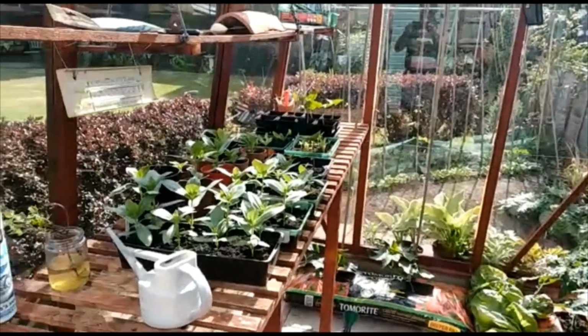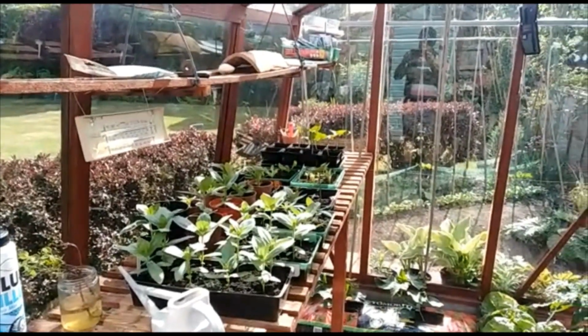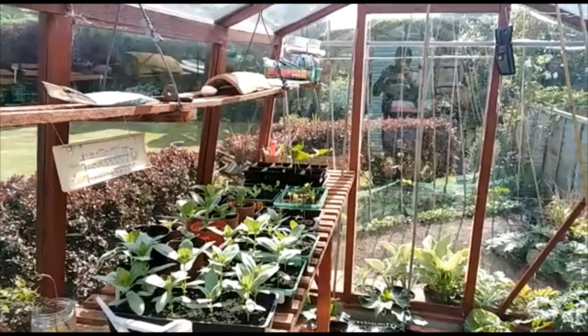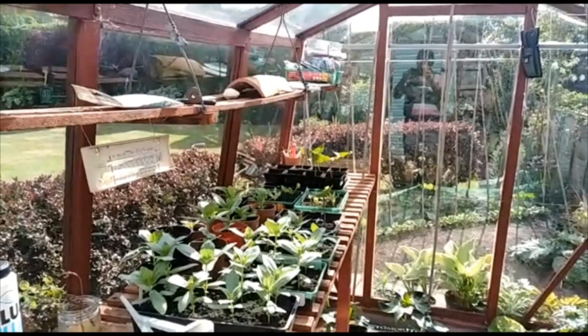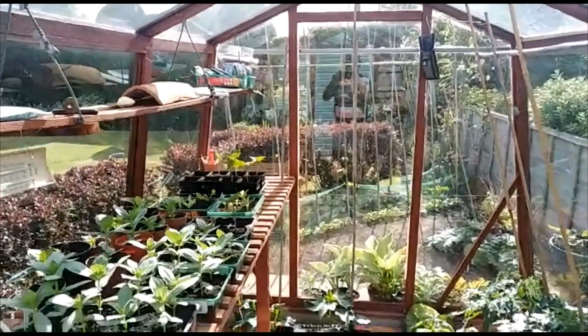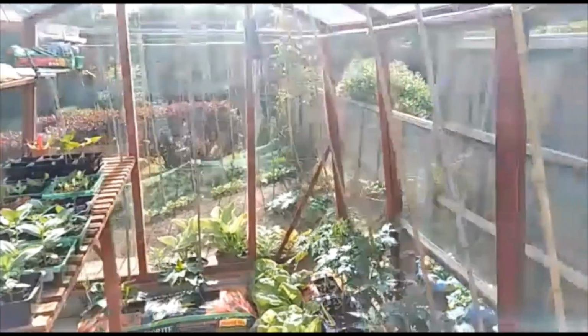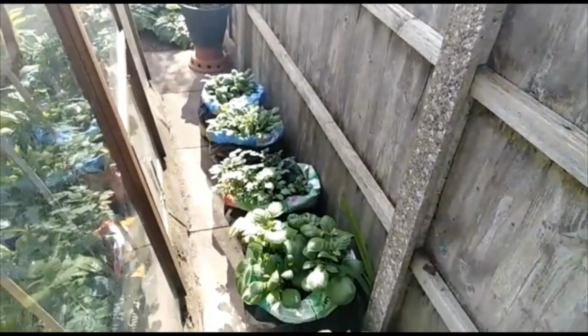Over here on the left hand side we have some lime green zinnias and the runner beans. These are the second sowing. I've already got some outside and the frost claimed the first lot, but I had a few spares and popped them in. Over here behind the greenhouse is Indy's favourite